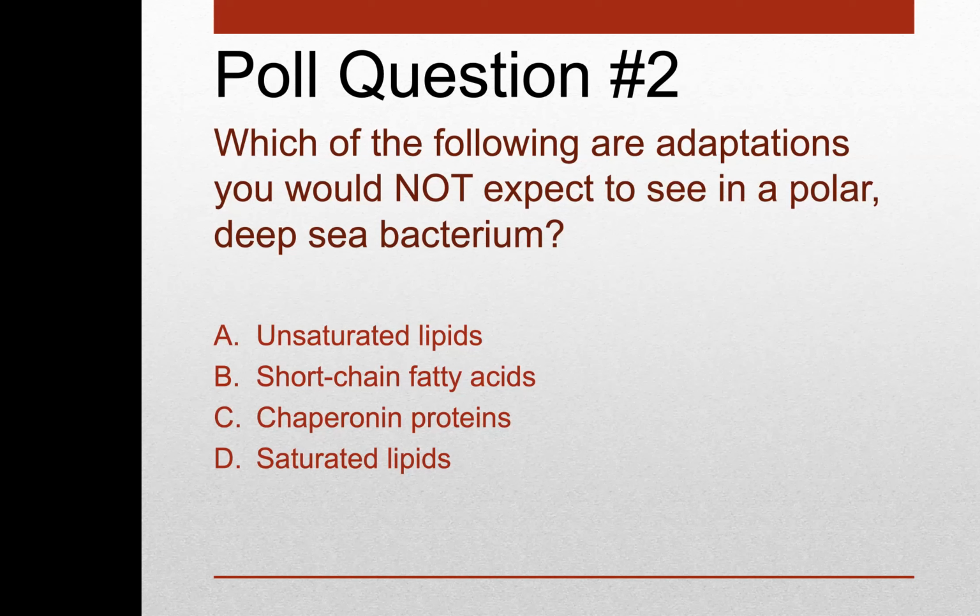And the chaperonin proteins, even though there are heat shock proteins, there are also cold shock proteins that help. So there's really going to be all A, B, and C. So D was the correct answer. So good job, guys. I know it's hard to remember which is which, but you need to try and keep it straight. All right, so we will go ahead and stop there, and we will pick up